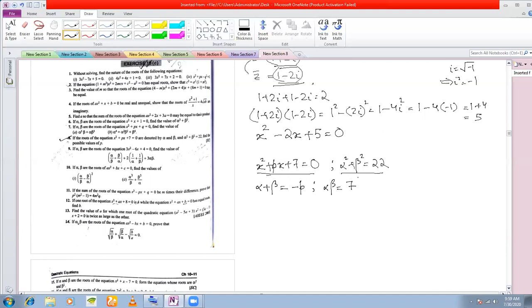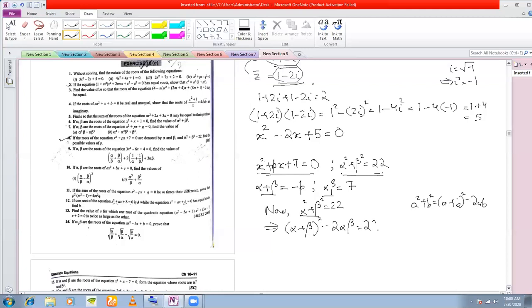Therefore, now we shall use this fact that alpha square plus beta square is equal to 22. I want to write alpha square plus beta square in terms of alpha plus beta and alpha beta. You know that a square plus b square is (a plus b) whole square minus 2ab. Therefore I can write alpha square plus beta square as (alpha plus beta) whole square minus 2 alpha beta,